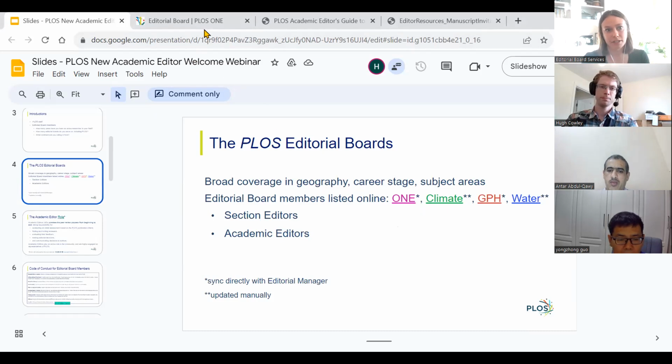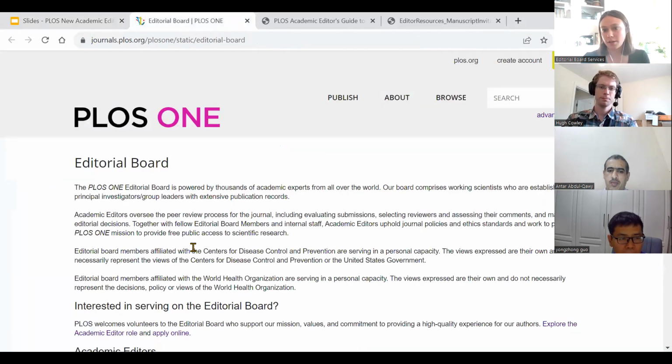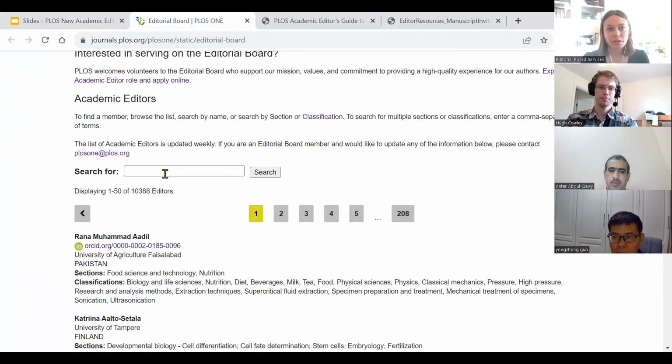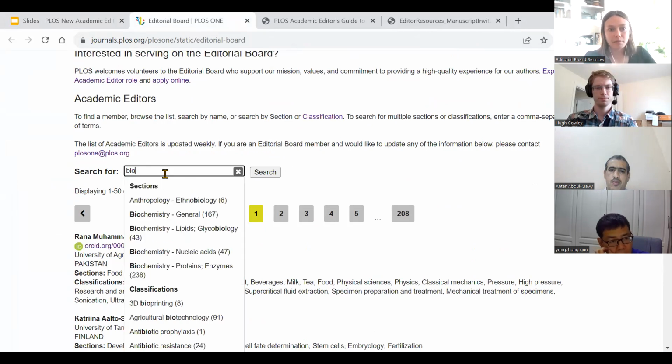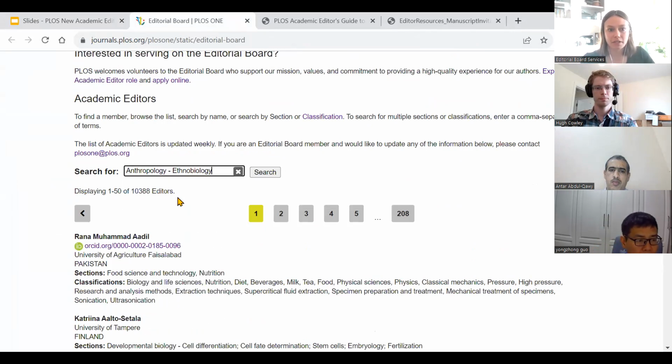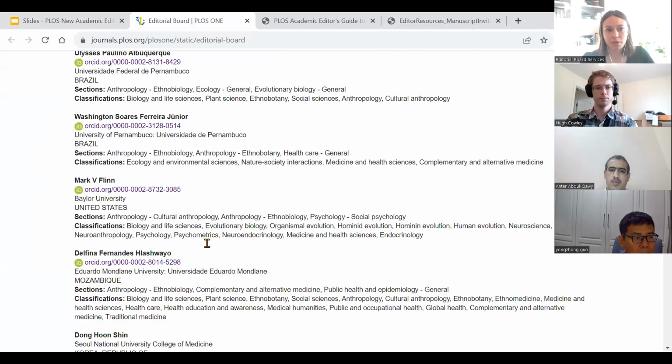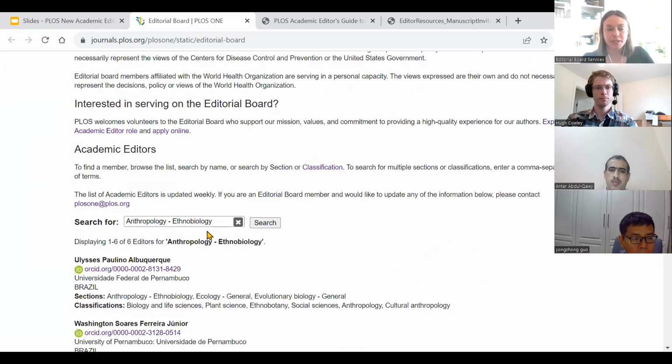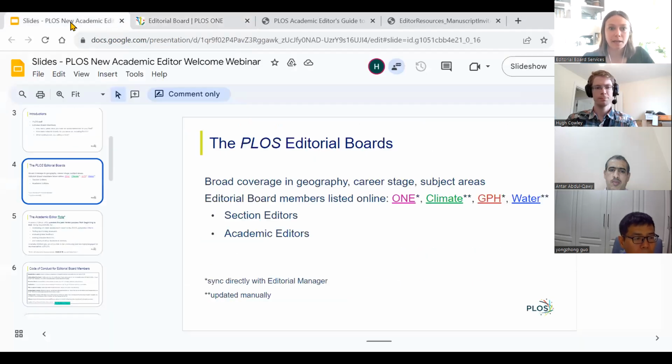I'm just going to give an example. Here's the PLOS One site, and you can search editorial board members by name or by topic area. Anybody that falls into a topic area, you would be able to see there. And that applies to all of the journals.